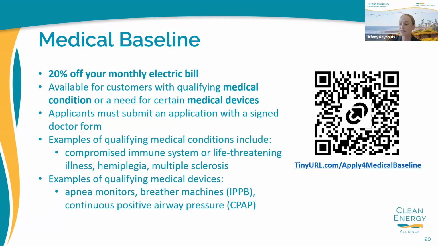So if you know someone who has a CPAP machine or apnea monitors or breather machines, they qualify for Medical Baseline. And again, that's 20% off of your monthly overall electricity bill, not just CCA charges on your bill, your total electricity bill. So examples of qualifying medical conditions include a compromised immune system or life-threatening illness, multiple sclerosis, and